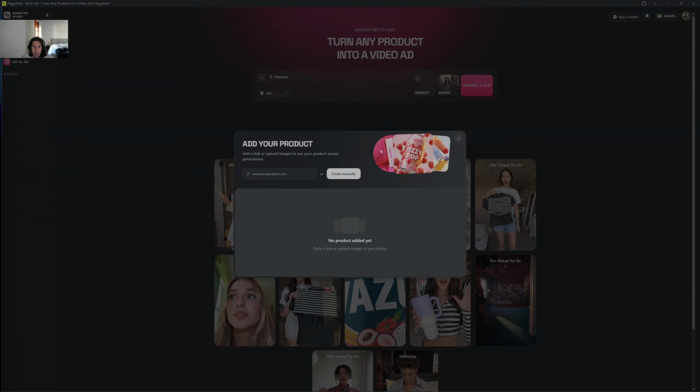So let's say, for example, what would be really cool is keto, all this fitness stuff. So we've got some keto stuff. Keto powder or whatever pills.